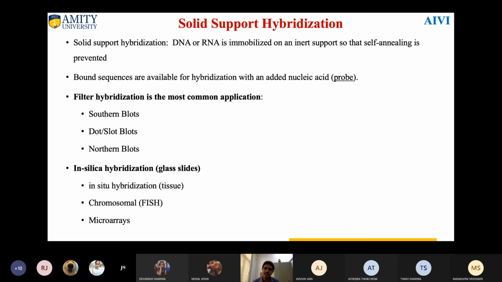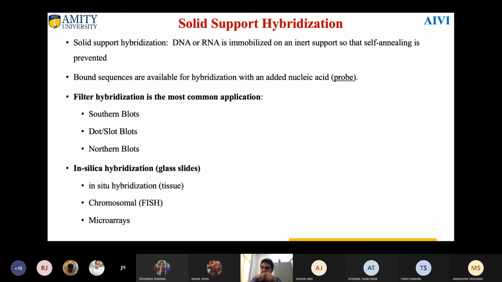The second type of solid support is in silico, silica, that is, your glass slides. Glass slides are made up of silica or borosilicate, so silica is there in your glass. So if you are immobilizing your DNA on silica glass slides, then we use the term in silica hybridization. This in silica hybridization is of different types. The microarray technology that you might know is also of this type. Over a slide, you have transferred a large number of fragments, and you know for each and every location what sequence is present. So this microarray is also a type of hybridization,